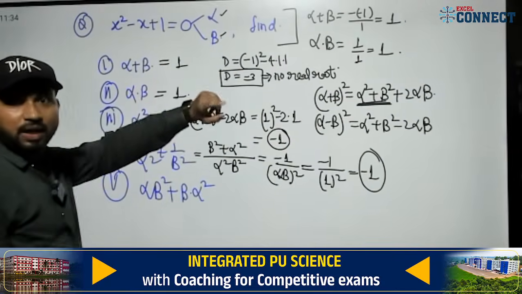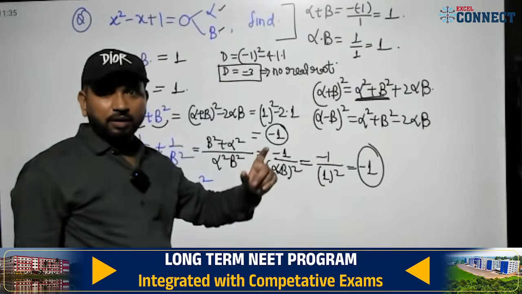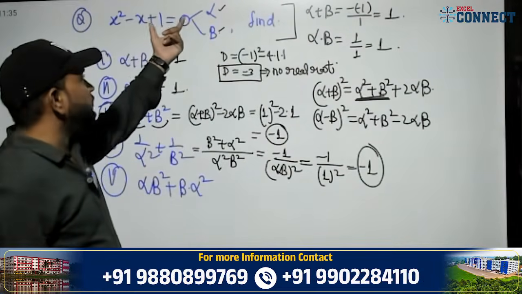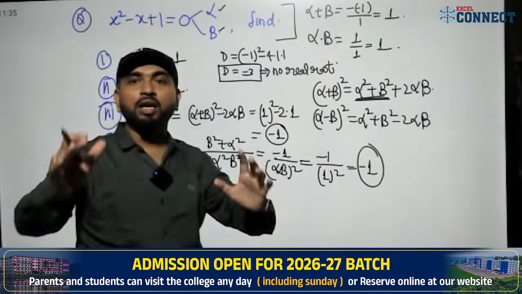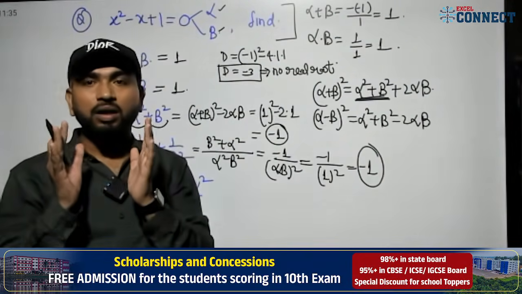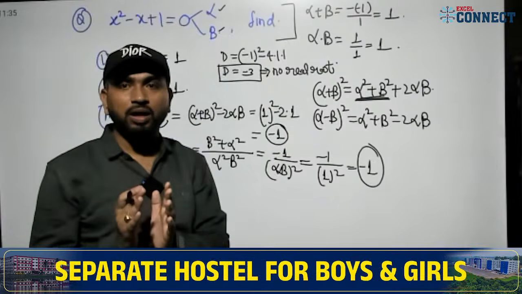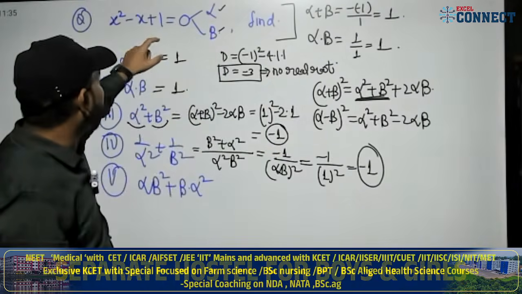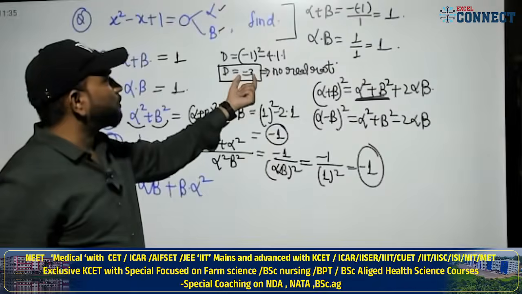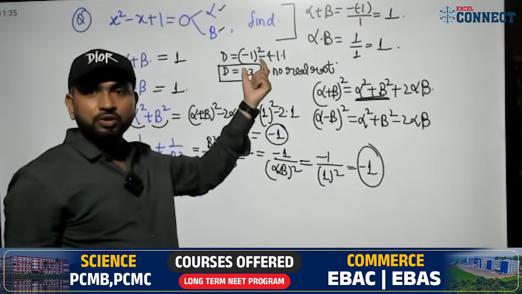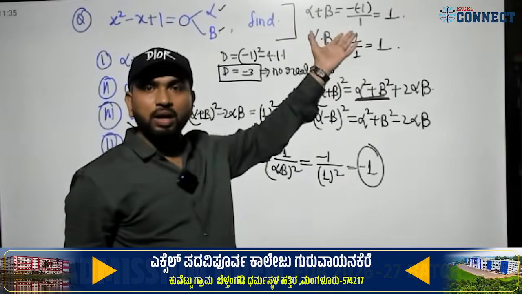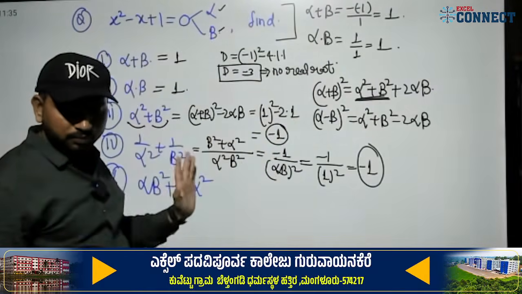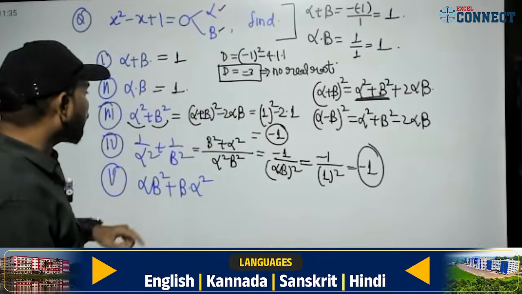Some students are saying that factorization is not possible for this equation. We can factorize only for real roots. Here the roots are actually imaginary, so no factorization is possible. We can find only the summation of roots and the product of roots, and solve like this. Now the last portion.